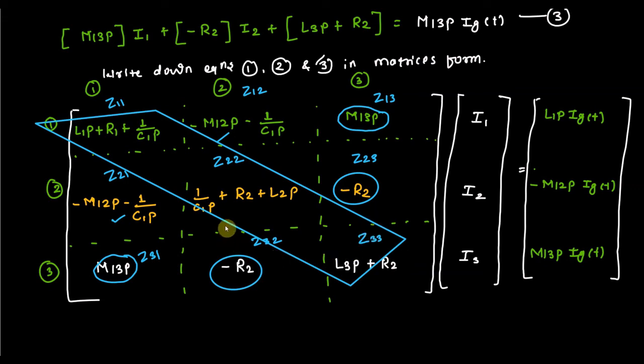So in that way, you can see that we can solve any numerical of mesh analysis when it is coupled to each other. And I have already told you that this matrix is called the impedance matrix Z, this matrix is called the mesh current matrix I, and this is called the voltage matrix. In that numerical they have not given the voltage, they have given the current source, but instead of converting that current source into a voltage source, we have simply considered that as a dummy mesh, and we have solved this. So in that way I have finished with my numerical.